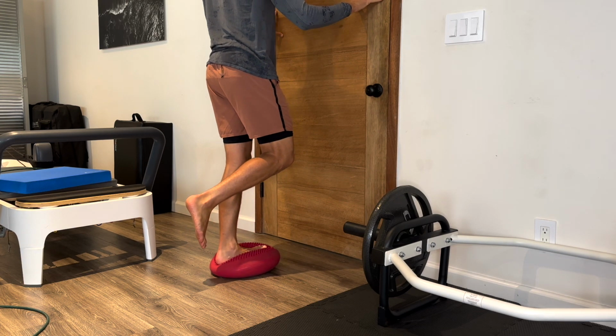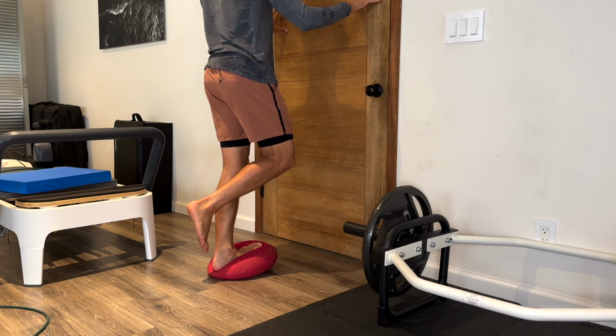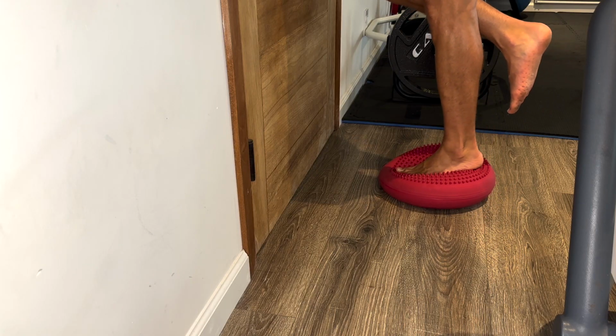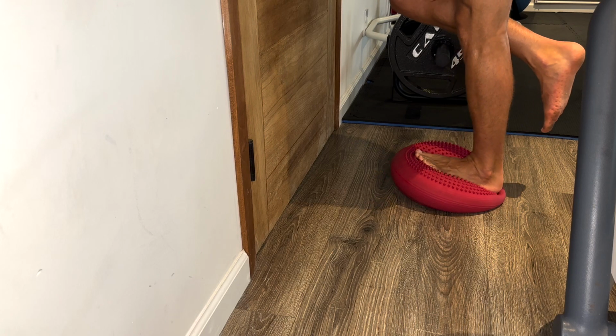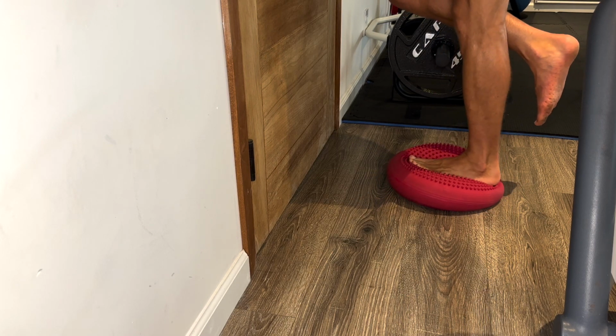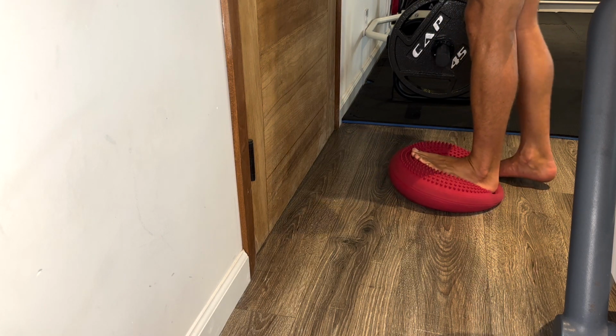Make sure that knee stays pretty straight and you're holding something, a wall, a box, something in front of you, just to make sure you don't lose balance. Keep the motion really slow, everything controlled. You're gonna feel the shakes start to come on. And after 10 repetitions,